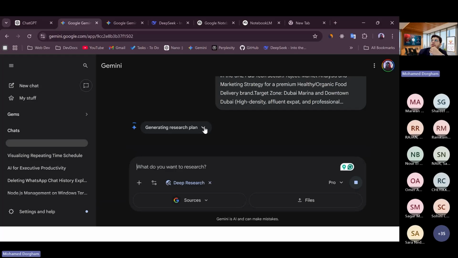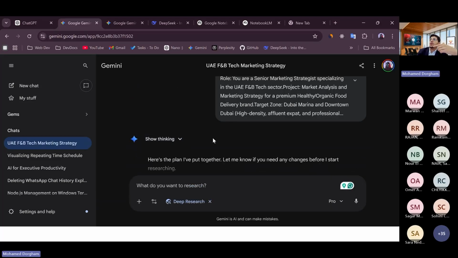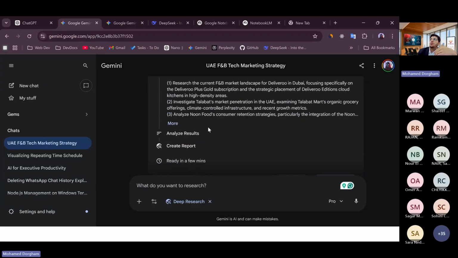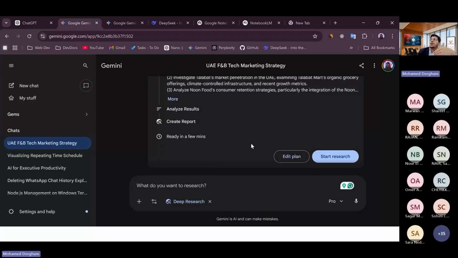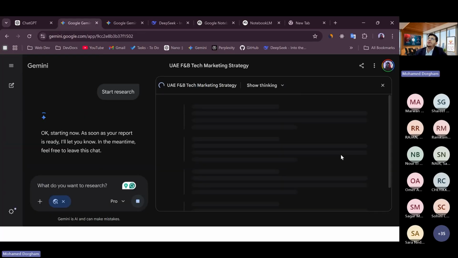Okay, now it started to prepare for the research, thinking. Now it will tell me what steps it will take: research websites, analyze results, create report, ready in a few minutes. Yes, now start research. Now it will open this pop-up and start doing the research.